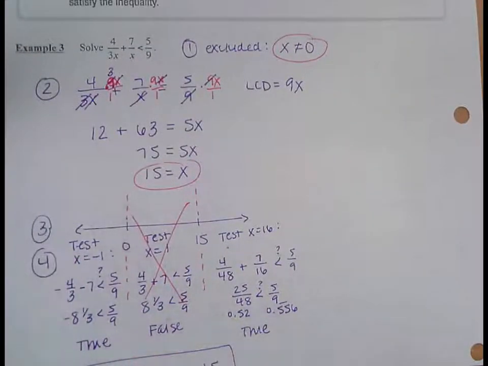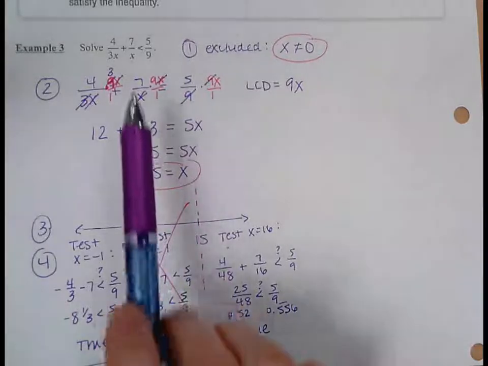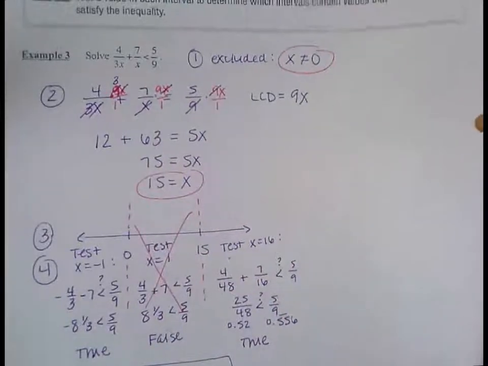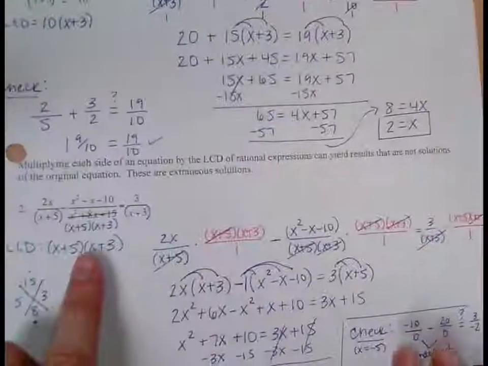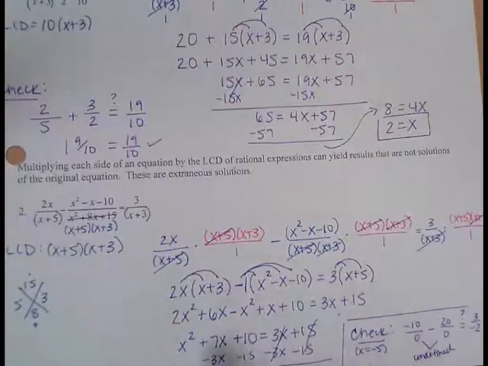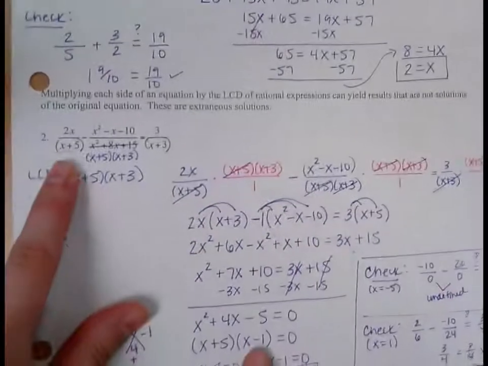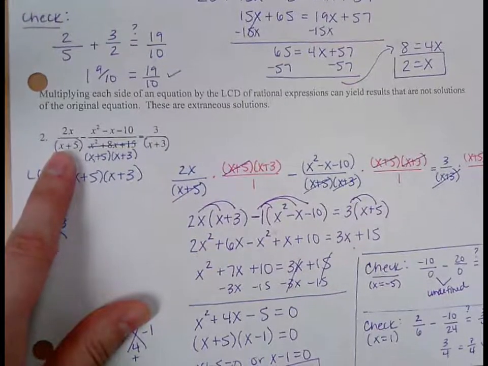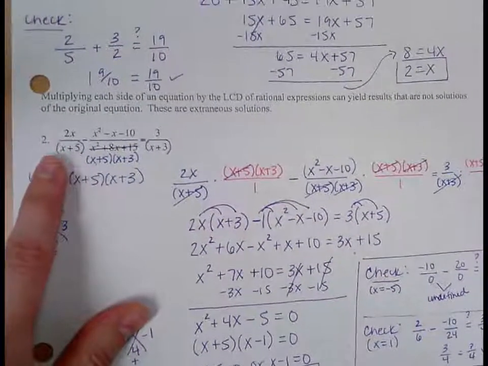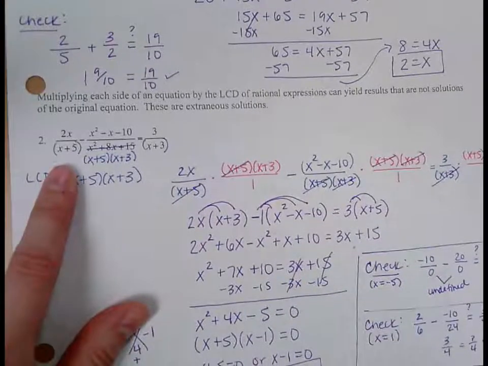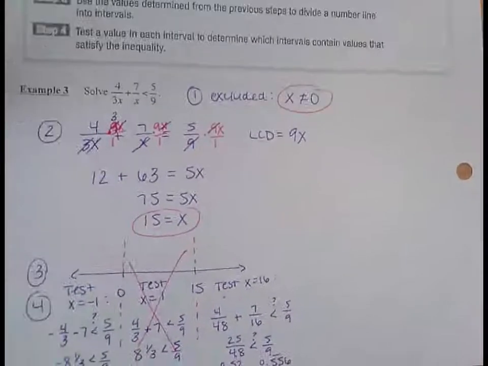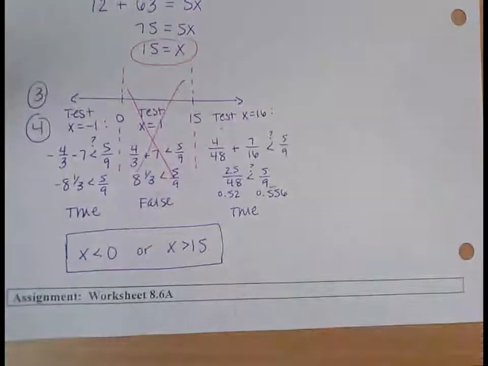A lot of the time, in the examples you'll work through, you have denominators like this. For example, in the previous one, if this was an inequality, because in that first fraction you have x plus 5, negative 5 would be excluded because that would make it 0. So if you had a denominator like this, you would set it equal to 0 and figure out what would make it 0. But a lot of the time 0 will be excluded. Not always, but a lot of the time. Okay,